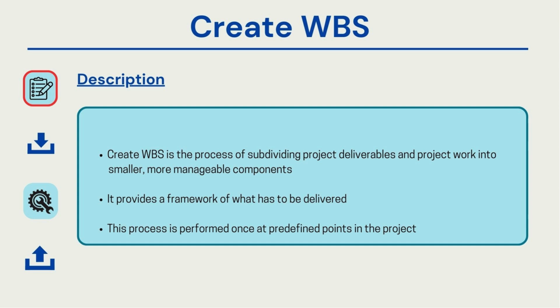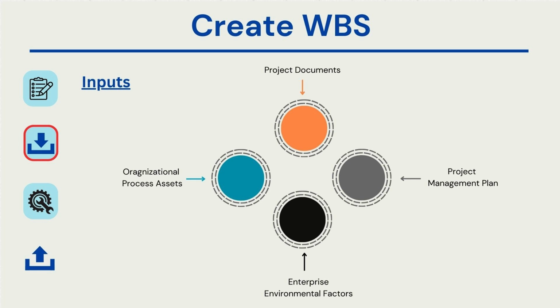These details must be clearly defined, as well as enterprise environmental factors and the OPA, or organizational process assets. For example, when we create a WBS, there are various ways of creating a WBS. You can use a phased approach, dividing your entire project into various phases. You can go on, for example, with the requirement phase, the design phase, and the development phase. Within each of these phases, you try to break down your scope items into smaller, more manageable packages.